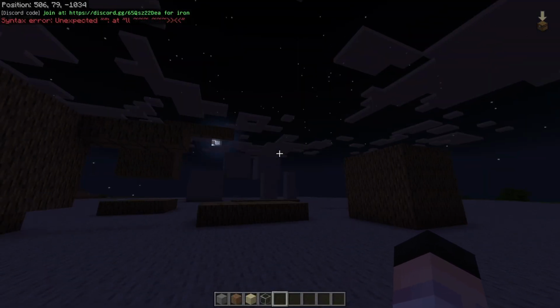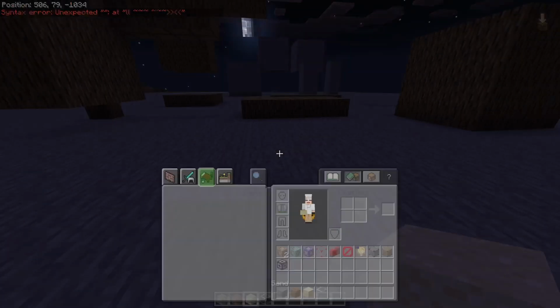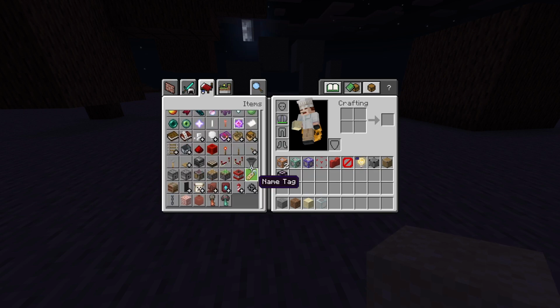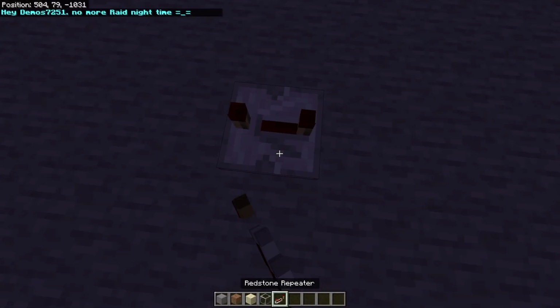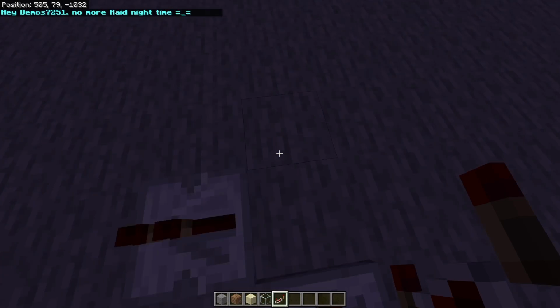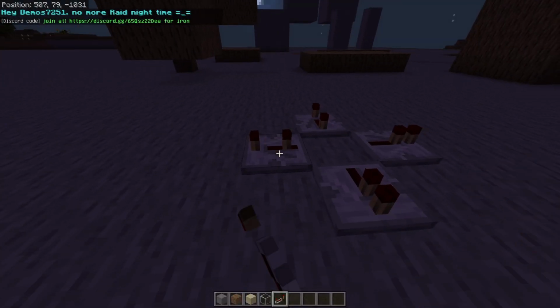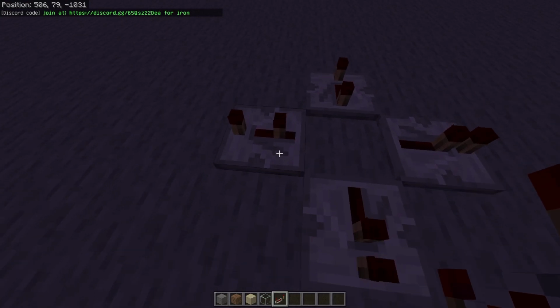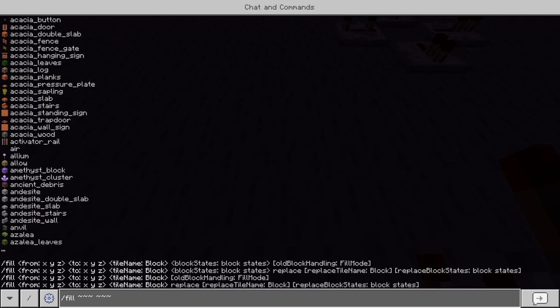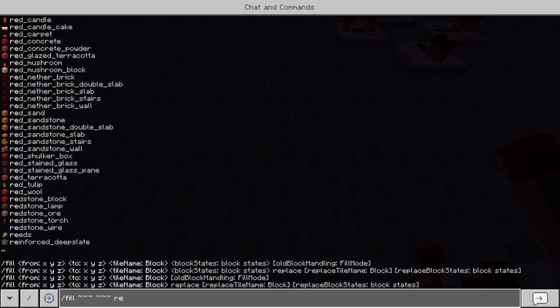Now, there is one more factor to the fill command that you need to keep in mind. There are block states for each item. So for repeaters, there are 4 different delay states it can be, and 4 different directions it can face. Now, let's say I want this repeater, but I want it at tick 2. You'd have your command, you'd set your repeater,